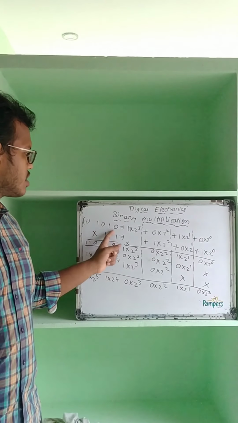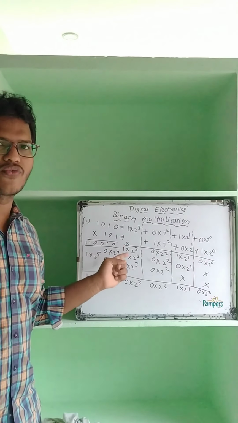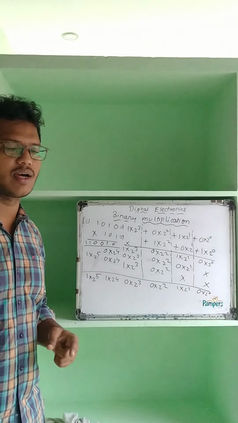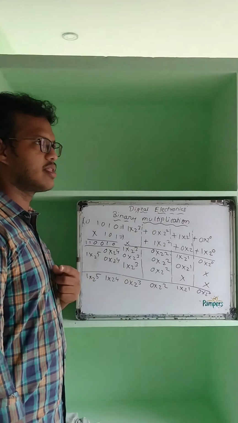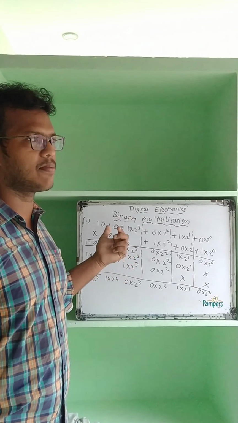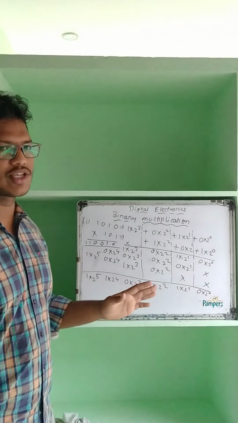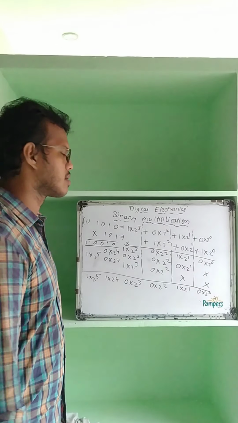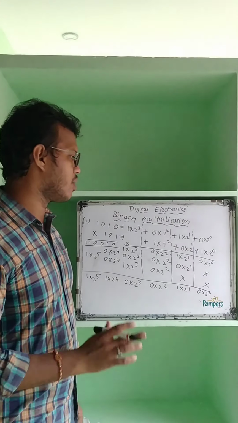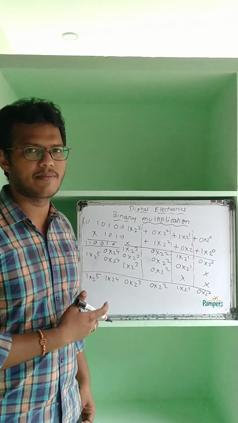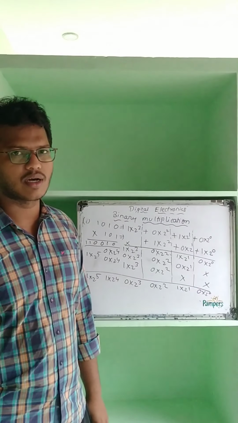You can cross check your result by doing the multiplication of the two binary numbers. This is going to be 10, this is going to be 5. If you multiply 10 into 5, you should get 50, and your result should be 50. So this is your homework. Cross check whether my answer is right or wrong. Okay, this is how we do the multiplication of the two binary numbers. I hope you understand how to do the binary multiplication. Let's move on. I will give one homework problem. Do it at home.